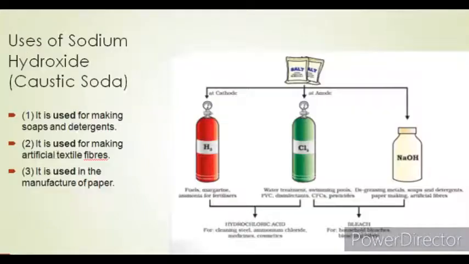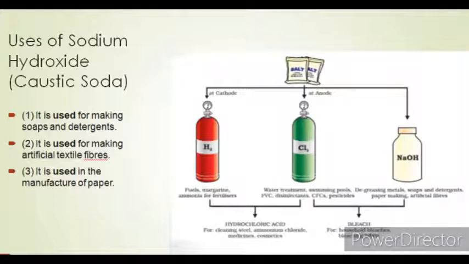Now we come to the uses of sodium hydroxide or caustic soda. As we studied in the previous slide, there were three products released after the electrolysis of the sodium chloride solution: hydrogen, chlorine, and NaOH. Now the hydrogen which is released is used in fuels, in margarine, and it is used to make ammonia